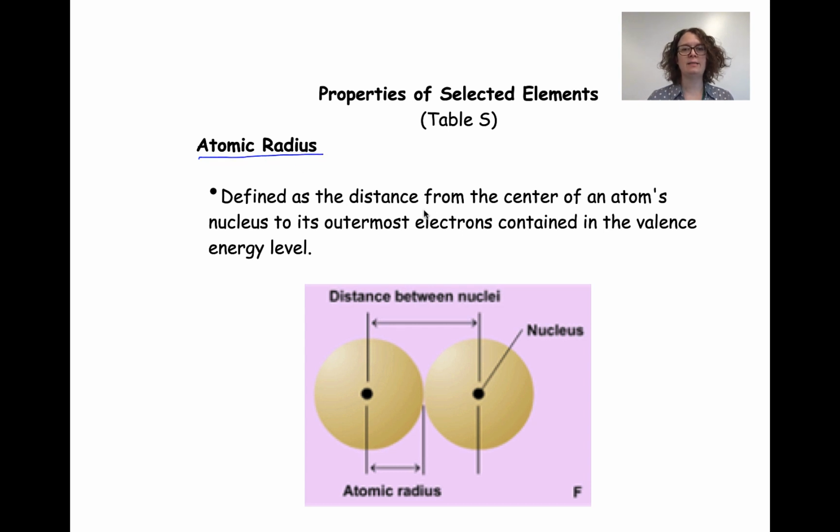And this is defined as the distance from the center of an atom's nucleus to its outermost electrons in the valence energy level. Right, so if we have our nucleus here and our outer valence shell here, our atomic radius is going to be that distance. It can also be defined as the distance between two nuclei in a molecule that has two of the same atoms. But the big picture here is the atomic radius is going to be from the nucleus out to the